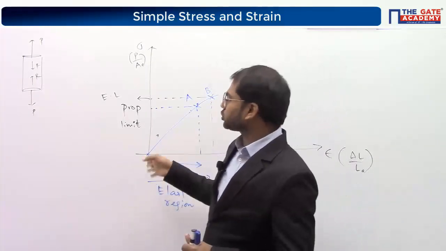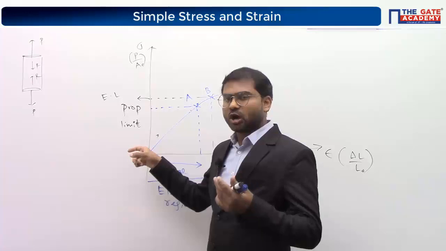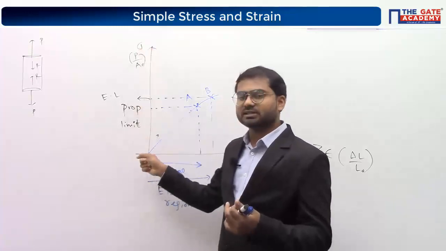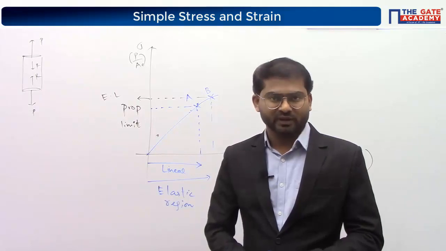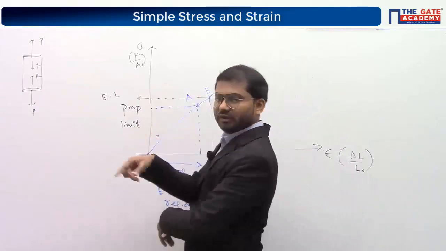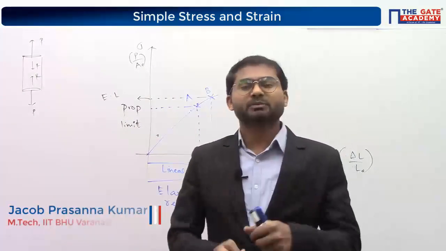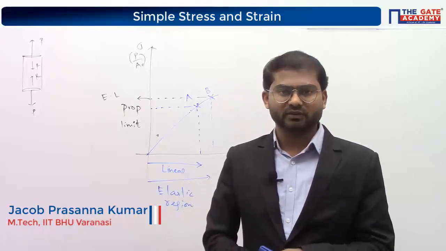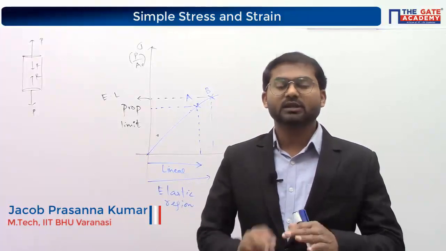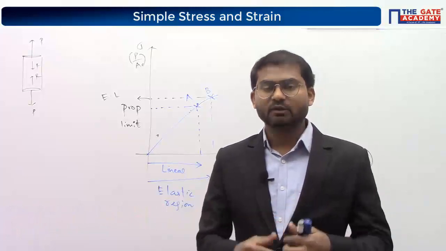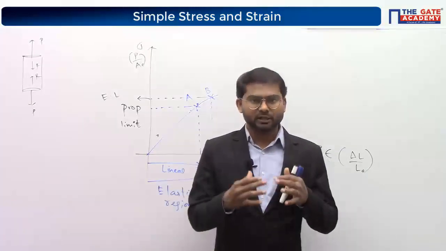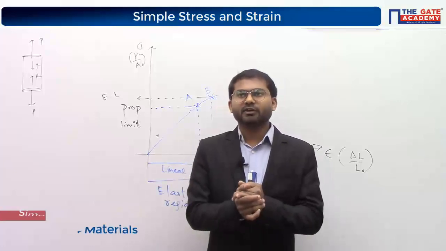That means if the curve is drawn keeping sigma in this direction and strain in this direction, then only will we get those values very easily. If you reverse it, we will still get a curve, but it will not be that helpful for giving the correct answer easily. Understood? That always causes confusion. That's the reason it is given like this, and why I am very confident in telling you that.